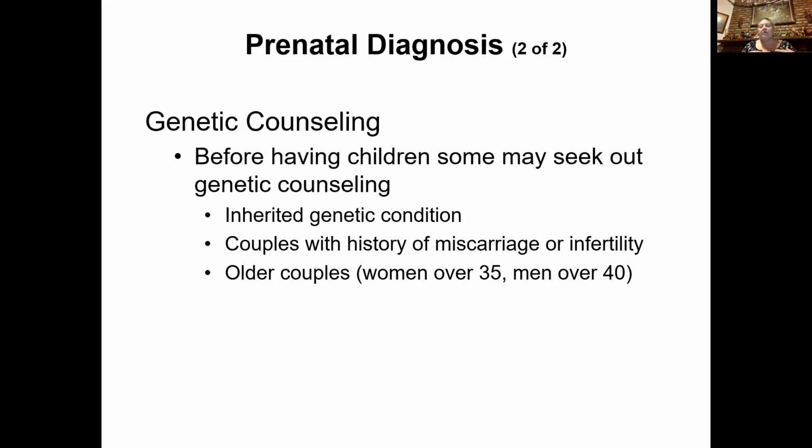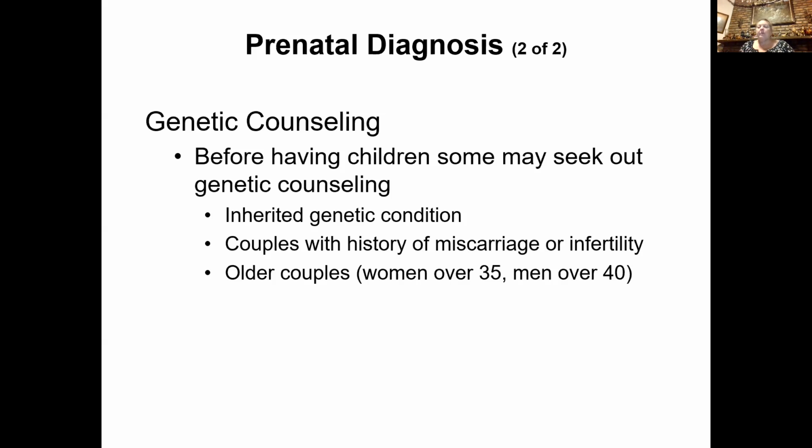Or if you know you have a particular type of genetic disorder, you may want to go ahead and have a screening done. And then you and your partner, or you, depending on if you have a partner, can go ahead and make an educated decision about what you want to do. And once again, some of the reasons for that are inherited genetic conditions. If you have couples with a history of miscarriage or infertility, they may want to see a genetic counselor to